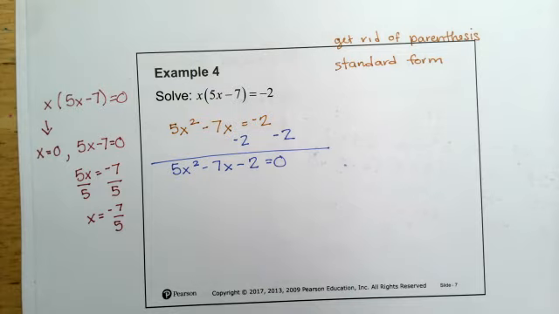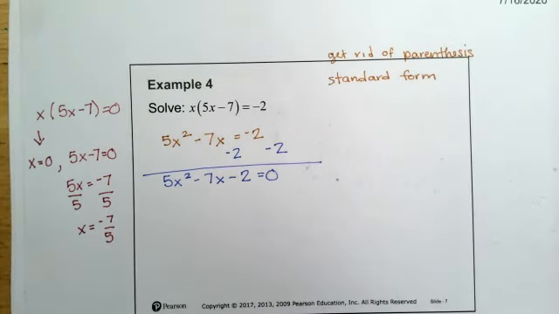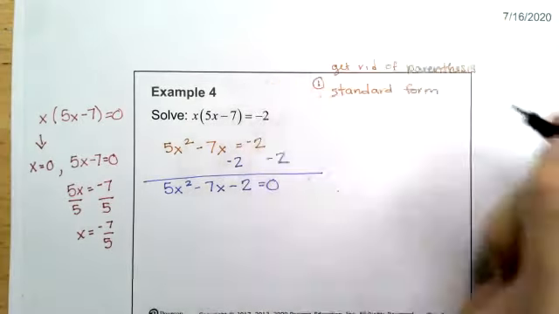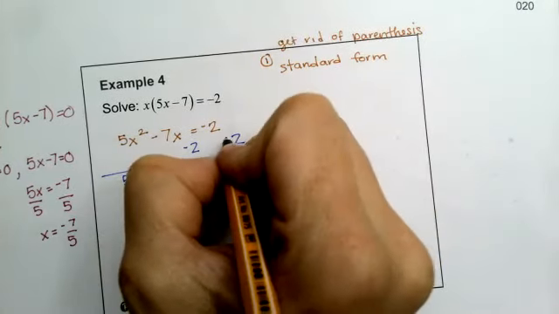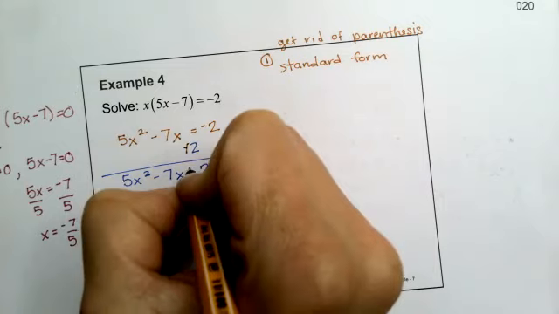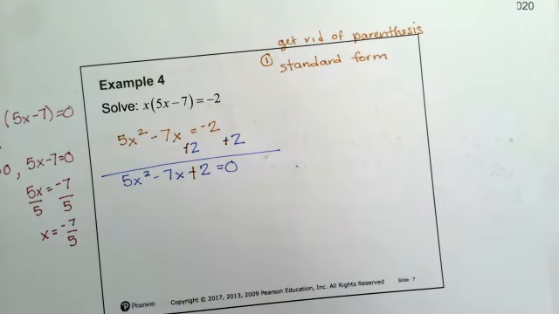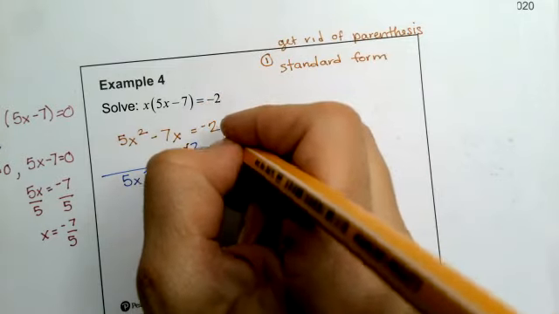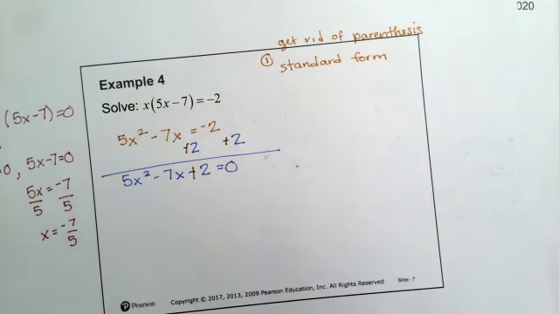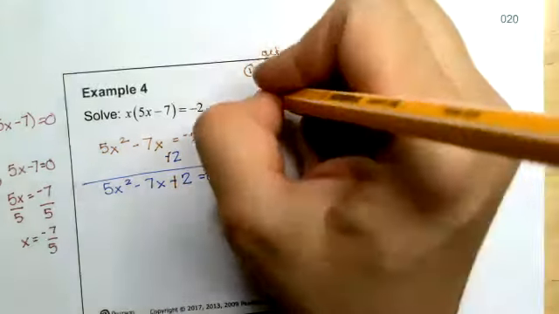Okay. So we have it in standard form by getting rid of the parentheses, moving the -2 over to, oh, sorry. Did anybody say that? Did anybody try to tell me? It's +2. By moving the -2, I need to make it a +2. Good. All right. So if I'm going to now factor this,